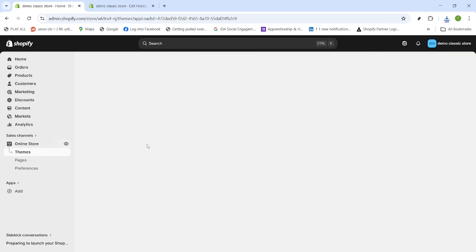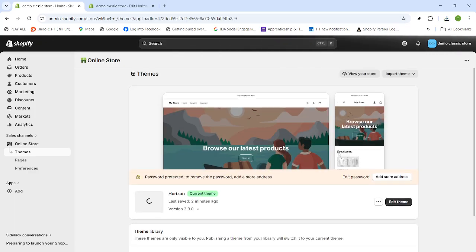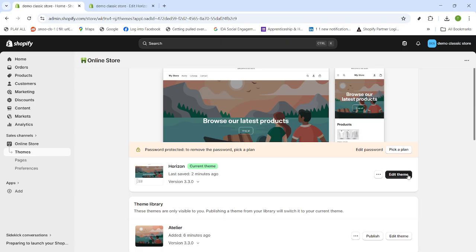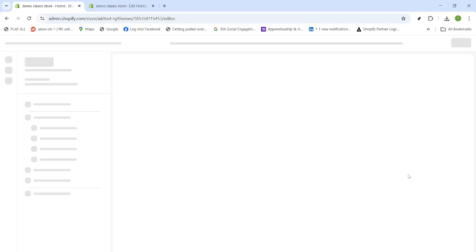First, log into your Shopify admin and head to your online store. From there, open your current theme and click Edit Theme to launch the visual editor. This takes you into the live preview where your store appears on the right and the controls sit on the